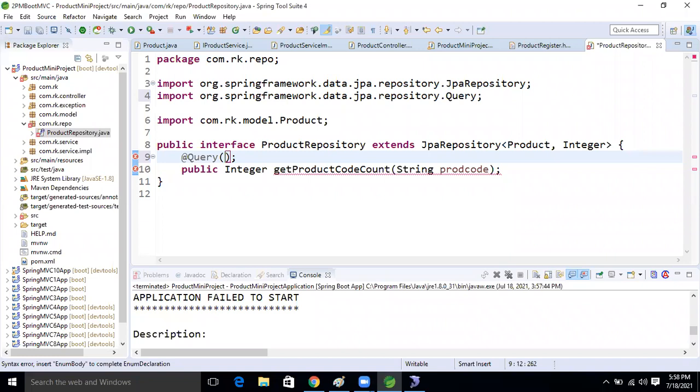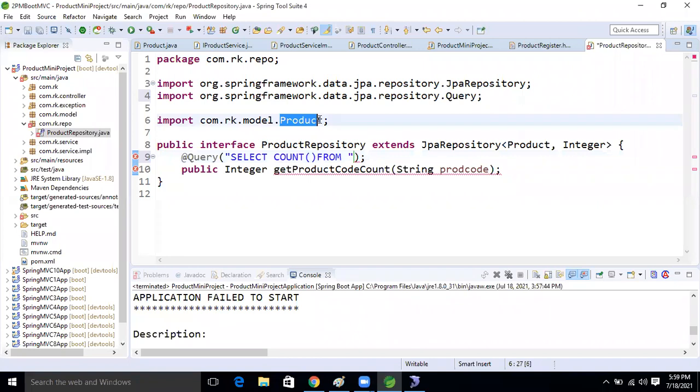Select count, let's count the product code from the class. Select count, after then, product code from Prod tab, not Product. Prod tab.